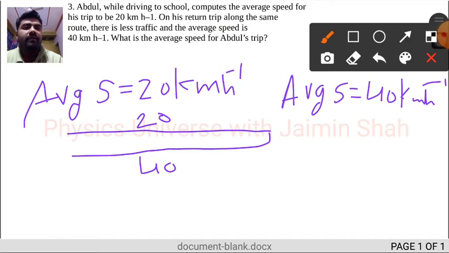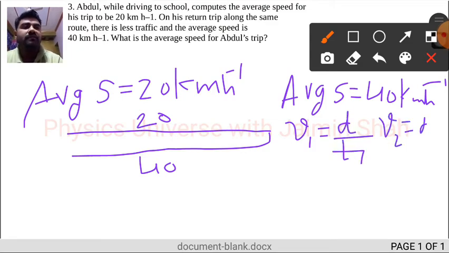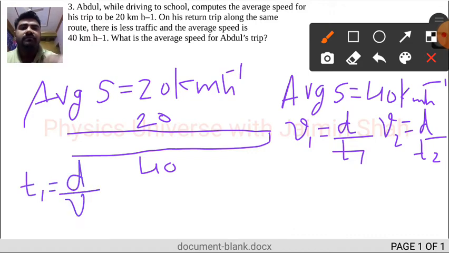the velocity for the first trip: v1 is equal to d upon t1, and v2 is equal to d upon t2. If we take t1 as the subject, t1 is equal to d upon v1, and t2 is equal to d upon v2.